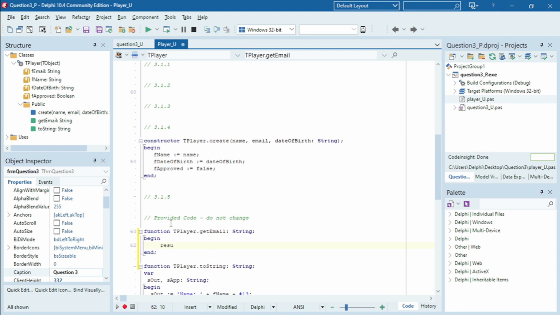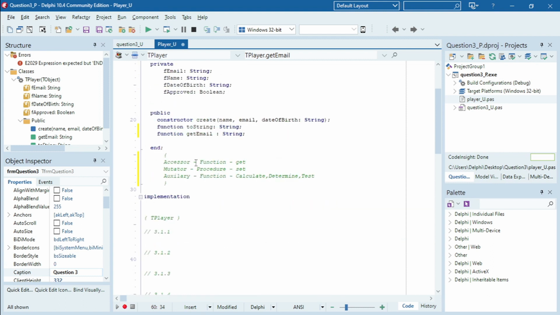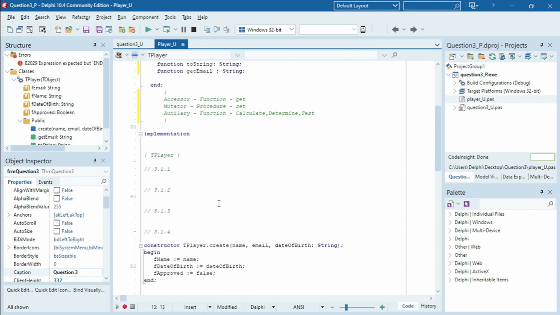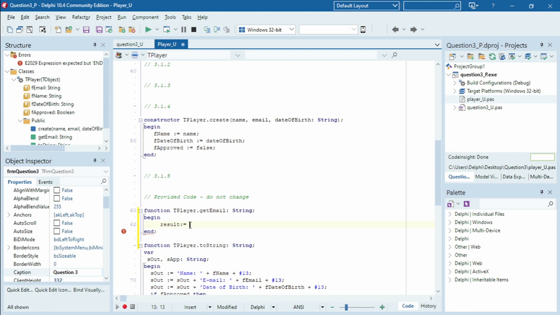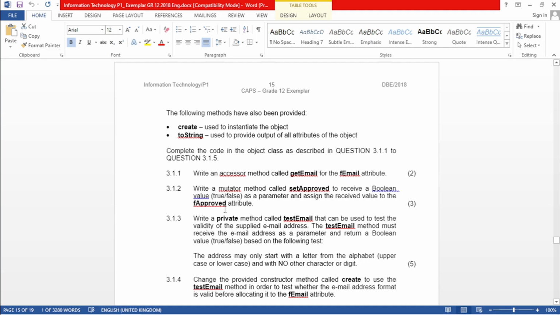And when you make a function, you know that there's always going to be a result. So make sure you send something back. Even if you can't answer the question, make sure that you are always sending some value back. And you can also make sure that you send a value of the correct data type back. Okay, so we want to send back fEmail over here. Okay, so next one,